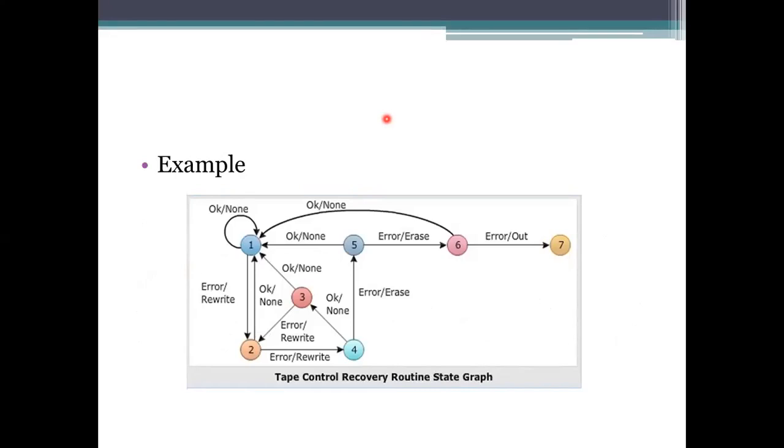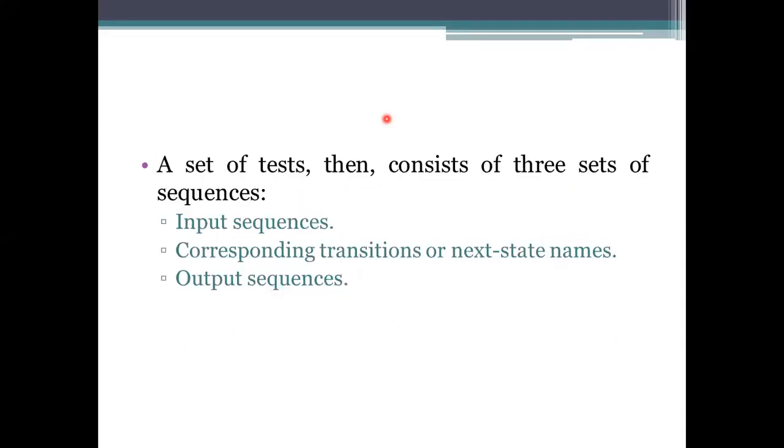So to perform this type of testing, what do you have to do? We need to take the tests to be done on input, and then transitions, and then output. So here we need not check whether these are the inputs or not. Here we need to take the input sequences and then output sequences also, and consider, to reach these output sequences, what are the corresponding transitions we are using, or simply mention the next state names here.